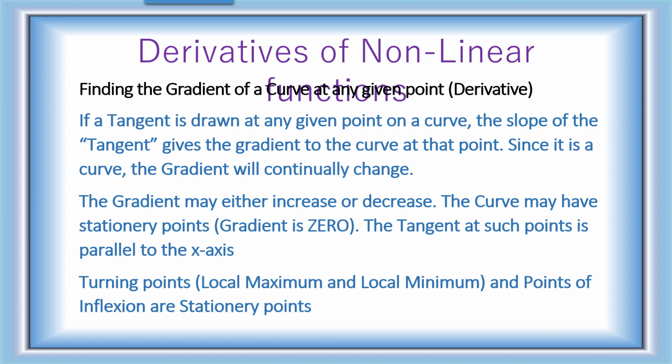Now, if it's a positive quadratic, the derivative will increase. And if I move to the left of the turning point, if it's a positive quadratic, the derivative would be a negative value. So the derivative at every single point on a curve would change. And just keeping in mind that the derivative at the turning point of any curve would always be 0, because what we would get at that point would be a tangent line.